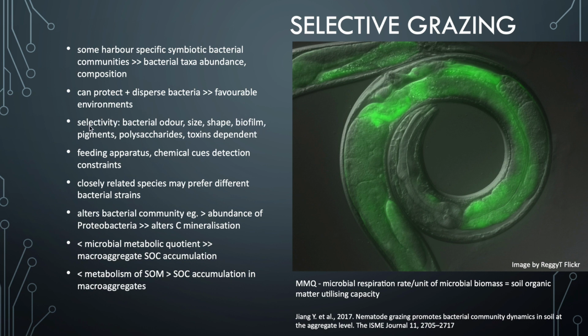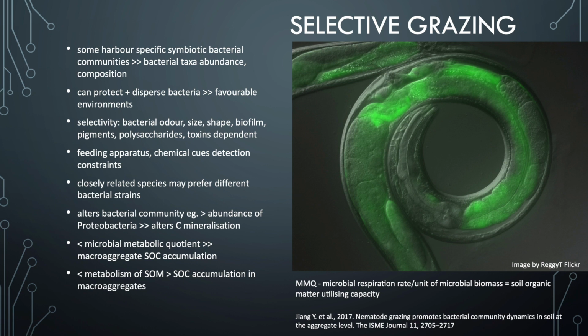Some bacteria produce biofilms and pigments, as well as polysaccharides and toxins, that deter nematodes, or nematodes cannot digest them. They might be able to consume them, but then they have to excrete them. And in terms of toxin production, obviously the nematodes won't want to eat a toxic bacterium. And these toxins might work on some nematodes but not others. So you get the picture how varied this is and how dependent it is on the specific food characteristics for nematodes.